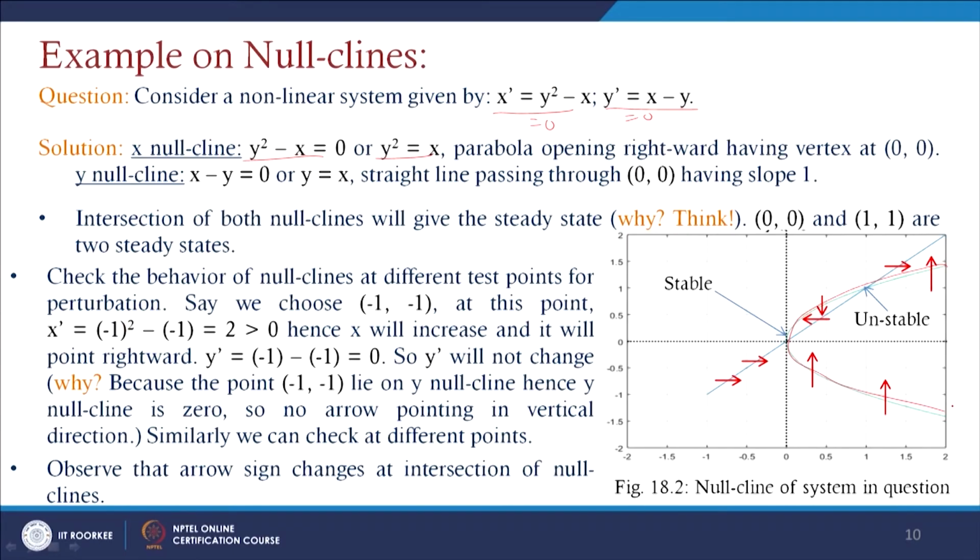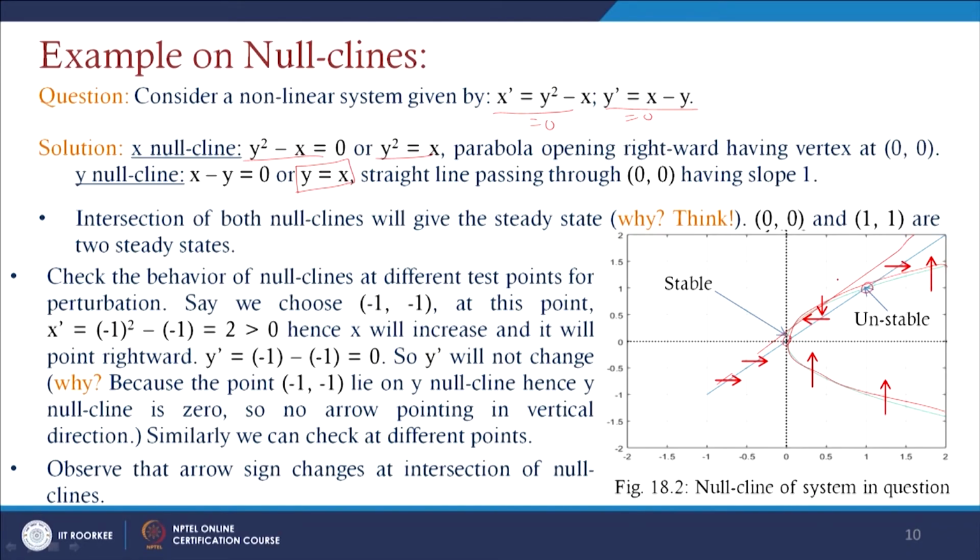And the second nullcline, if you just see here, that is y dash equals 0, which is nothing but x minus y equals 0, which gives y equals x. This is the line passing through 0 0 having slope 1. And wherever these two nullclines intersect, that gives us the steady state condition. Here, these intersection points occur at 0 0 and 1 1,